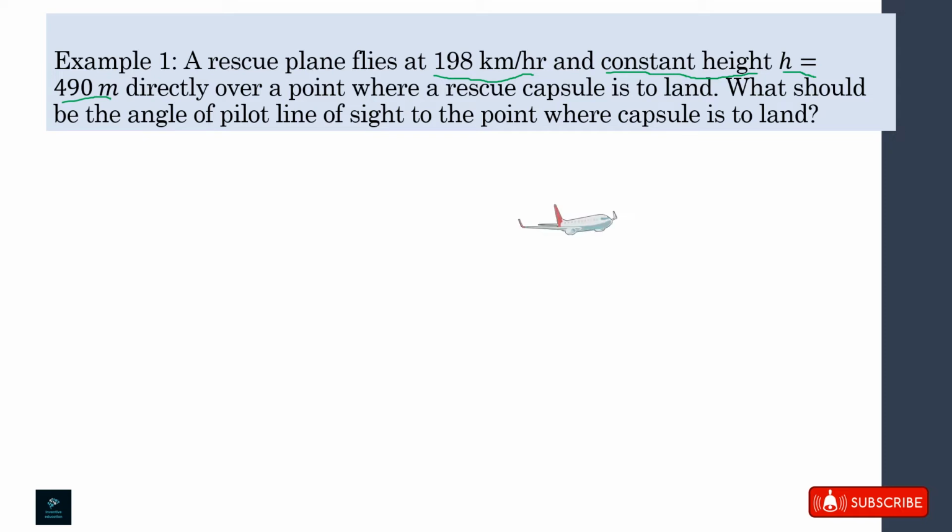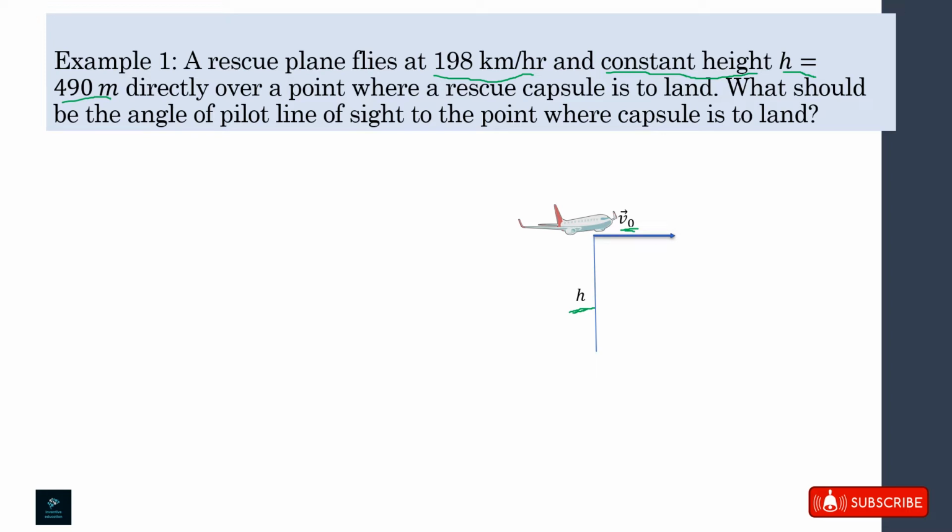So this is a rescue plane flying horizontally at a velocity v0 equal to 190 km per hour and at a height of h equal to 490 meters. So h is given as 490 meters and v0 is given as 190 km per hour in the horizontal